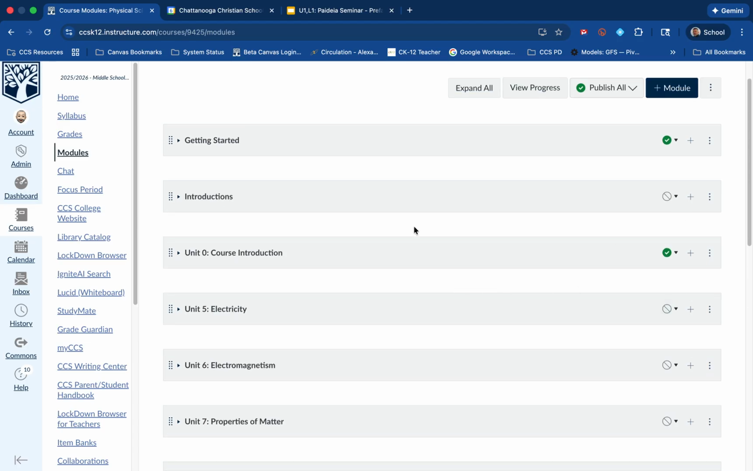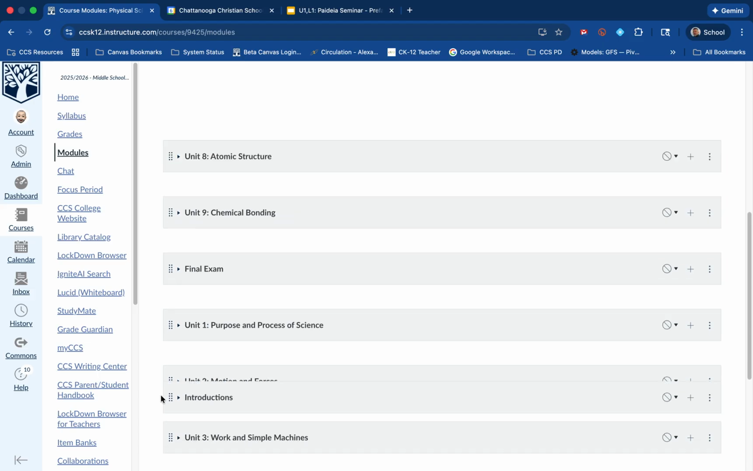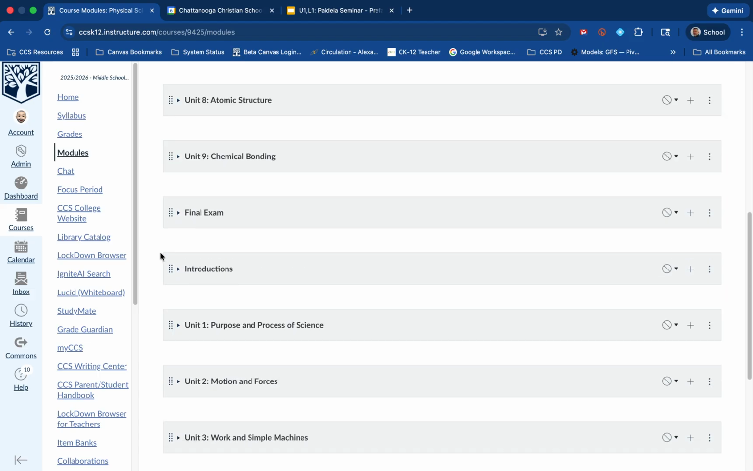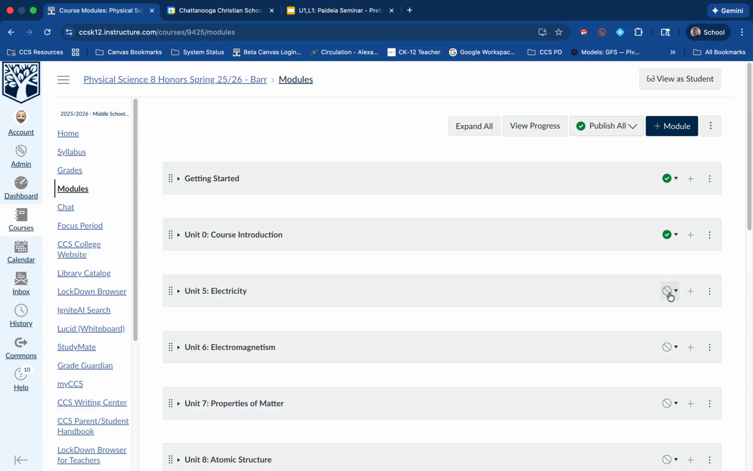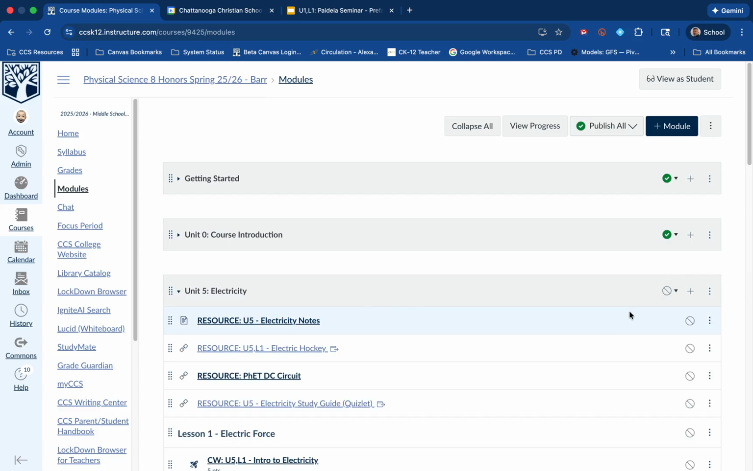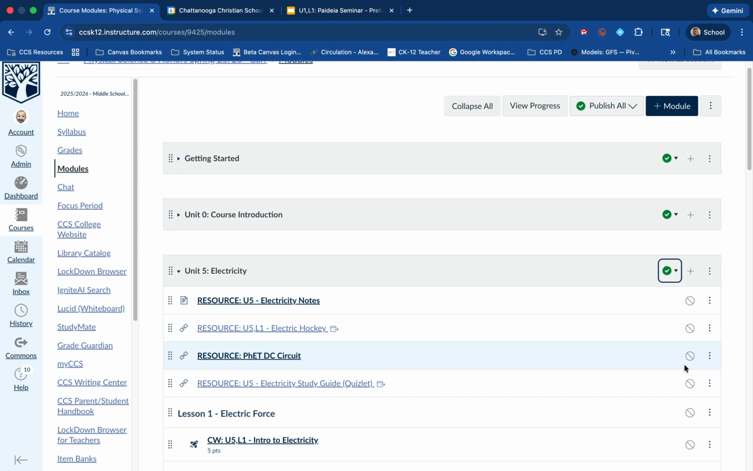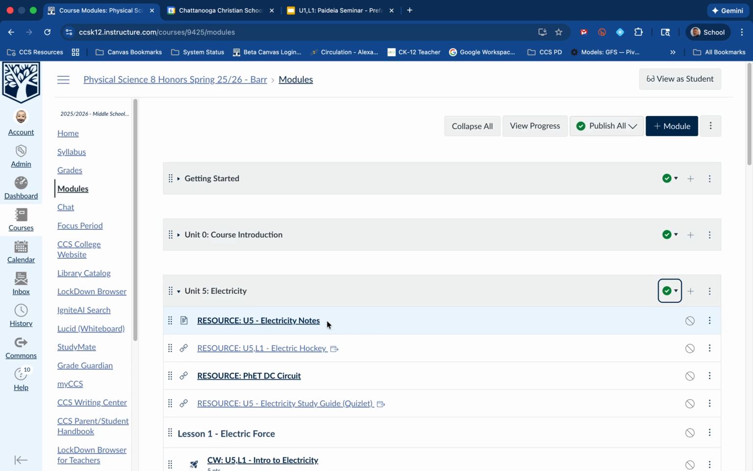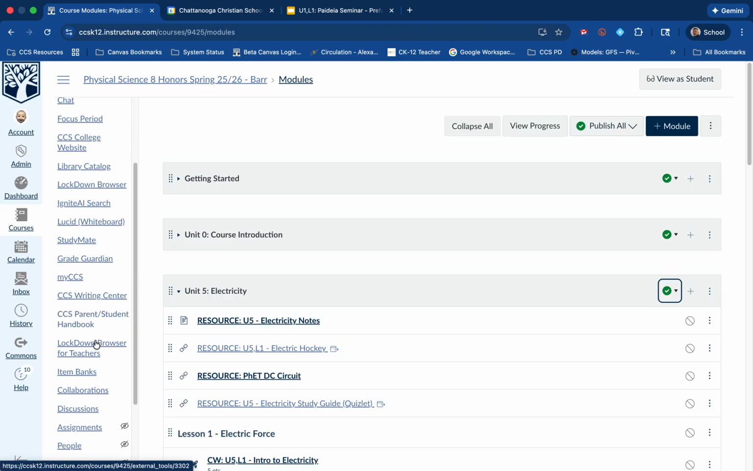And I can go through and move that introductions module down here to the bottom. Then what I can do here is go ahead and begin publishing what I need to publish for my second semester courses. So I'm just going to publish this module, and then I can go ahead and begin publishing my notes, anything else that requires publishing. So this is how you want to bring in your stuff from your last taught version of the course